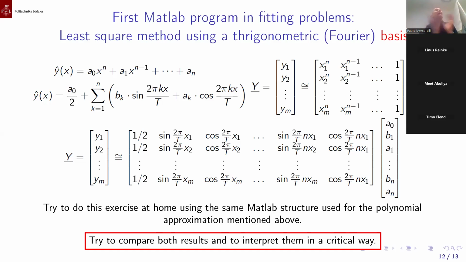This is our criterion. Remember, last time we saw that between polynomial number 3 and polynomial number 4, number 3 was the best. Polynomial number 3 was polynomial of order 3. We have the best R square adjusted and the minimal number of coefficients, because for polynomial order 3 we have 4 coefficients. Ideally, we always look for the best R square adjusted, because it's a compromise between deterministic and statistic error with the minimal coefficients. Of course, it could happen that we have the best R square adjusted, but not the minimal number of coefficients,